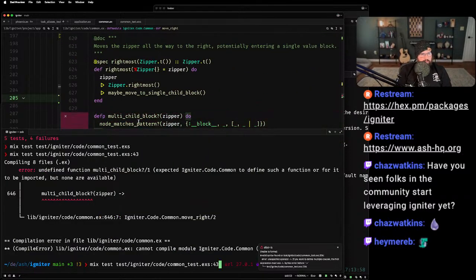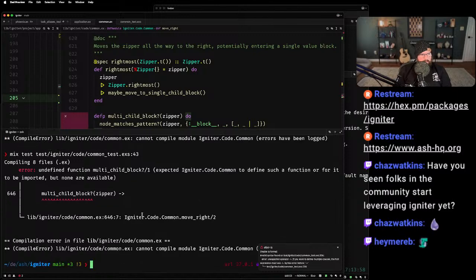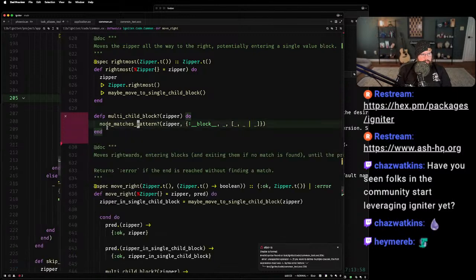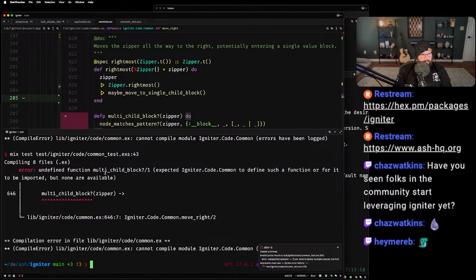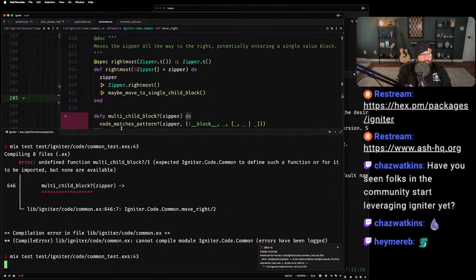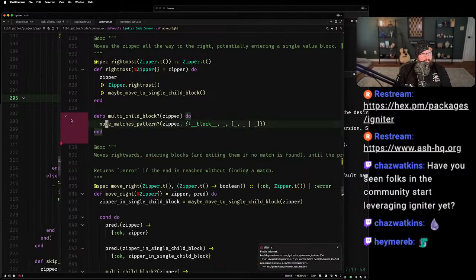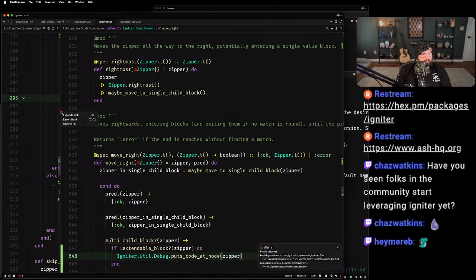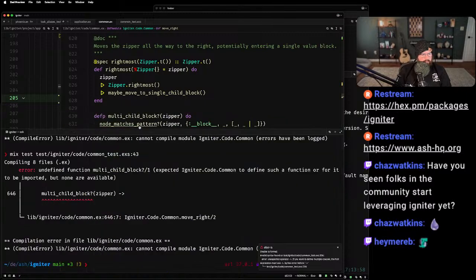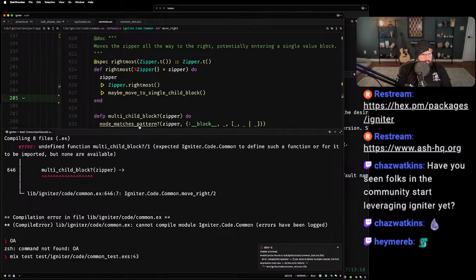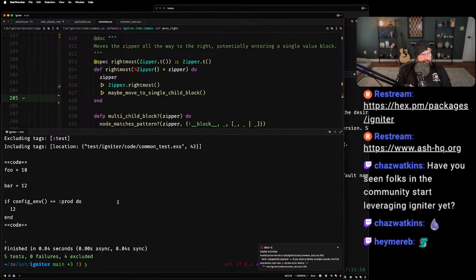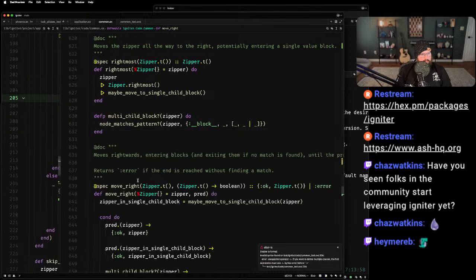All right. I'm thinking, what? Undefined function multi, right there. Oh, I didn't. So we're saying this.